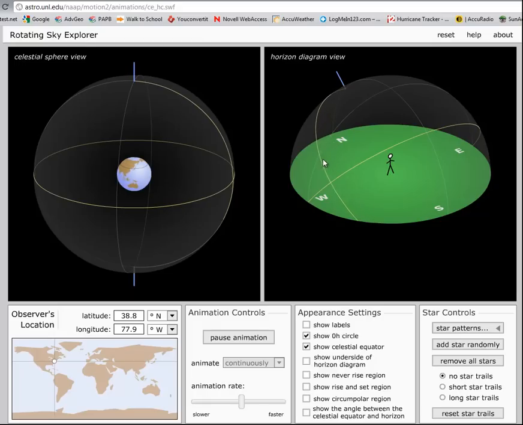So this is the azimuth reading of 0 degrees, and it also is 24 degrees, and things actually move in hour increments, so seconds also. I can throw on random stars, and I'm going to pause this. I'm going to throw the Big Dipper, I'm going to throw Orion, I'm going to throw